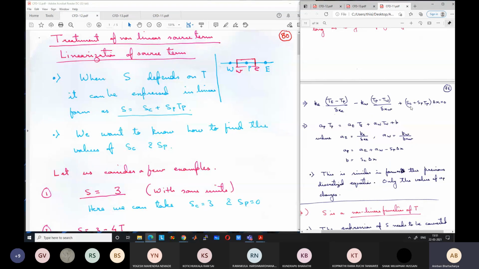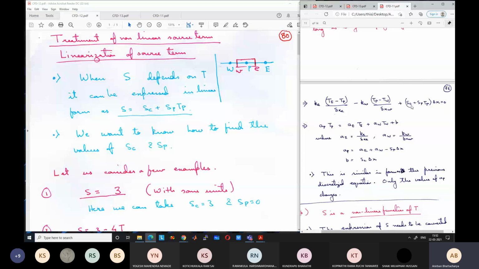So somehow if we can reduce our source term into this form SC plus SP TP, we can use the general code that we have or that we develop for the solution of a typical CFD problem. So for any problem, our target is to reduce the source term into an SC plus SP TP type of equation. Now SP can be 0 in case the source term is constant. So SP can be 0 and SC can have some value, or both SC and SP can be 0 if there are no source terms. But we can use the general code in that case also, with SC and SP equal to 0.